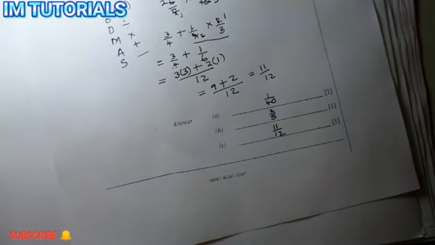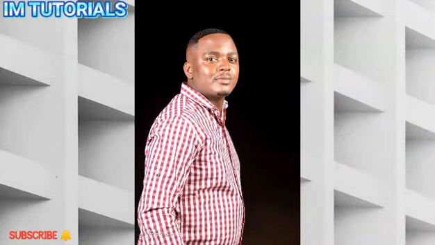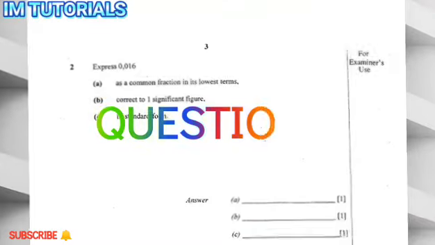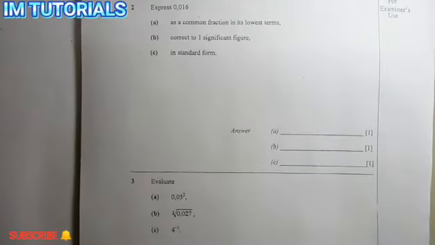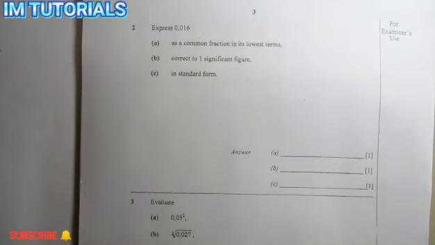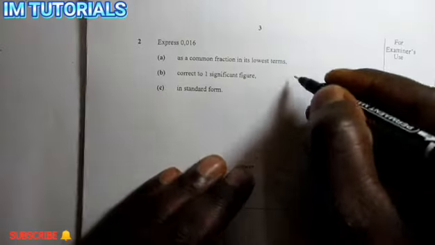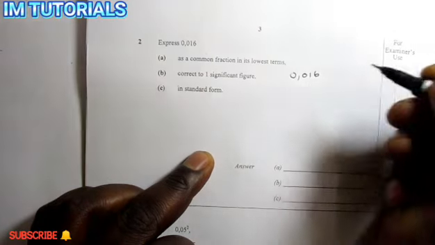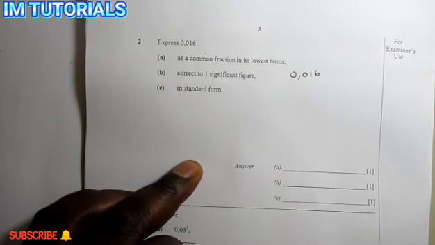So I want you to stay tuned as we move on to question number 2. Right. We are now moving on to question number 2. It reads, express 0,016 as a common fraction in its lowest terms. Right, so to express 0,016 as a common fraction in its lowest terms,